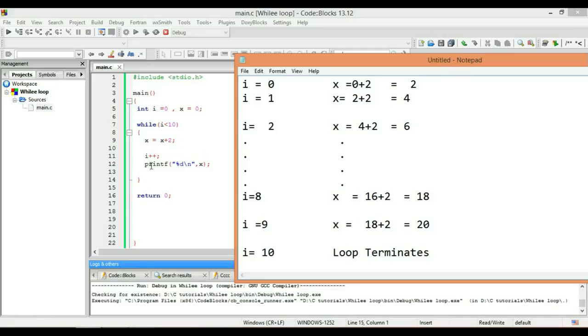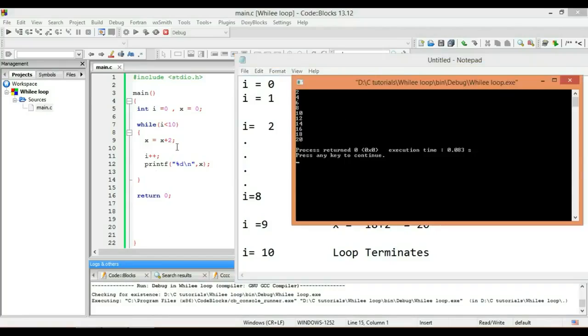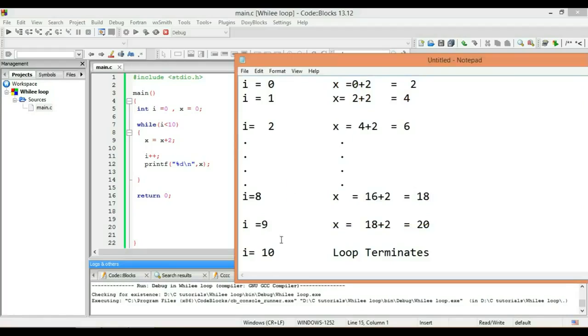Move to the next line, increment it. 1 plus 1, because the value of I is 1 here, so 1 plus 1 is 2. Increment it. Move to the next line, which says printf function and print the value of x. So it will print 4 because 2 plus 2 is 4, and it will go on till it reaches